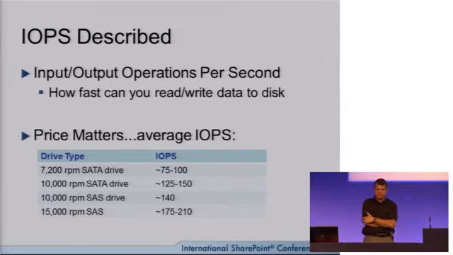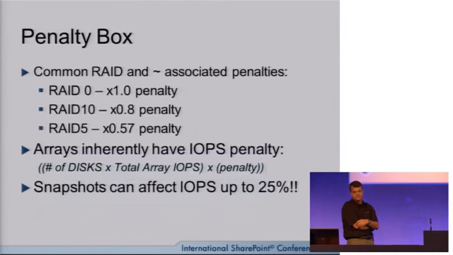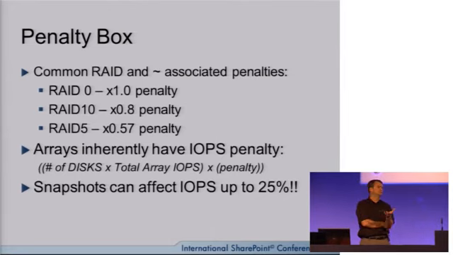And you'll see on the upper end here, 15K SAS, you're still in the 210 range. So modern fiber channels can get in the, I don't know, what is it now, 300 or 400, but they're expensive. But I think what you'll notice here is no matter what you do, it will take an array to get the type of throughput much of SharePoint's going to require. As we think about arrays, you can't just take a RAID 5 with 5 disks. I see it's really common. We take 5 disks, and if it's 200 IOPS per drive, we do the math. So 5 times 200 is